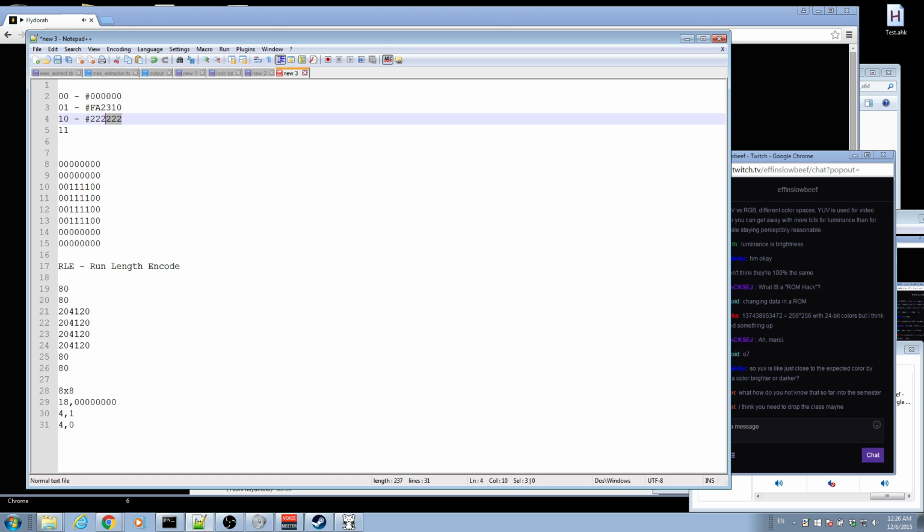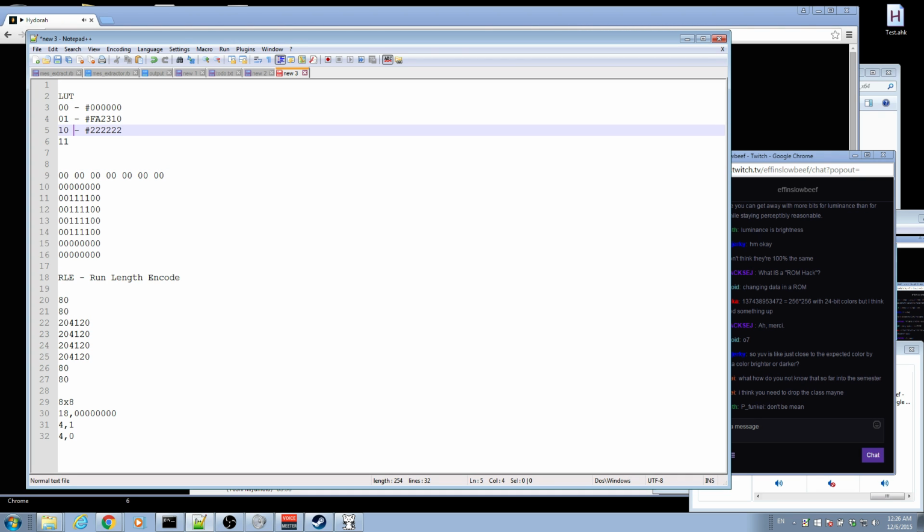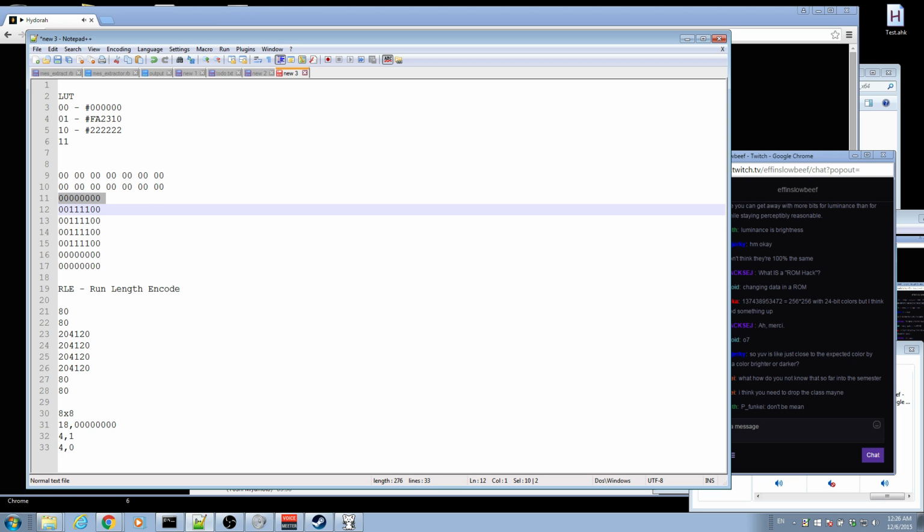So rather than encoding this whole byte here, what I could do is have some table or something that says, you know what? These bytes aren't directly color values. They just map to some lookup table I have here. It's called an LUT. This is called paletted graphics. And what you do is basically color by numbers. You have your sprites, or your drawing,